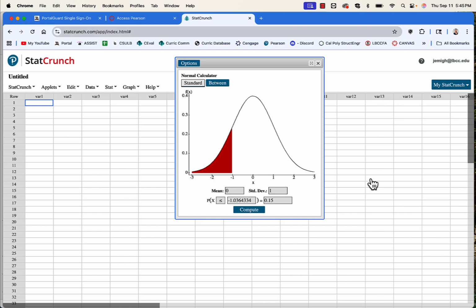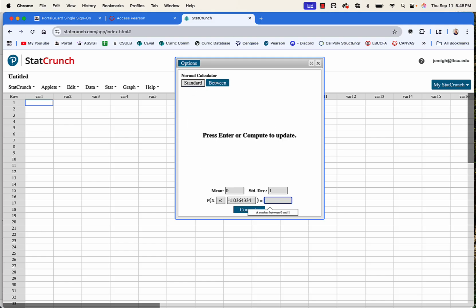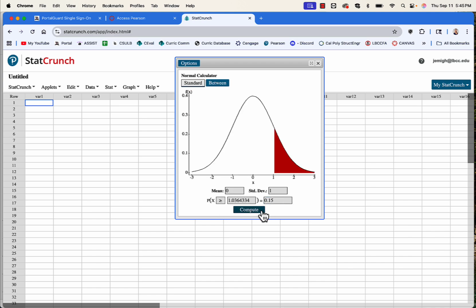Okay, back to StatCrunch. Take my advice on this. Delete this. Make sure both of those are empty. Let's get our greater than. Provide one of these two. We were given 15%, so that's the corresponding probability, 0.15. So when we hit compute, we'll check two things. One, does our graph look right? Two, the z-score will be in this cell right here. So go ahead, hit compute. Does the graph look right? Yes. Answer is right here,